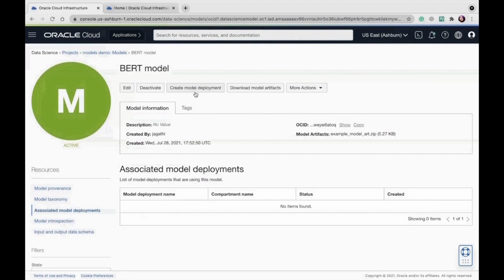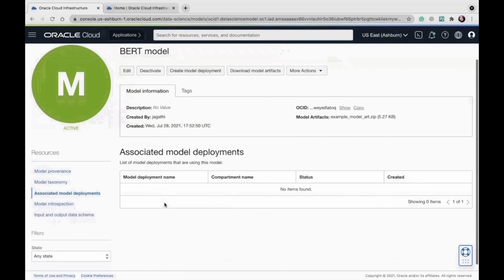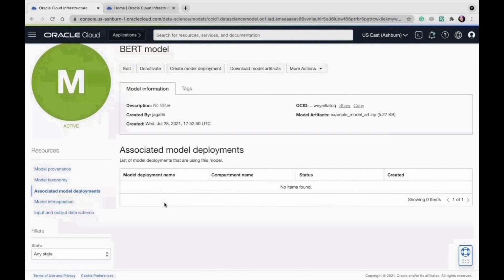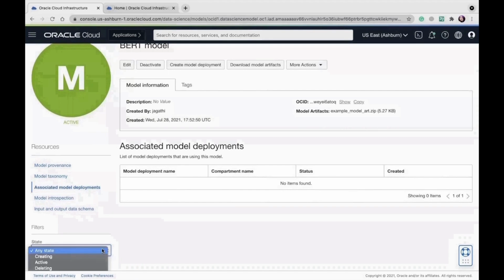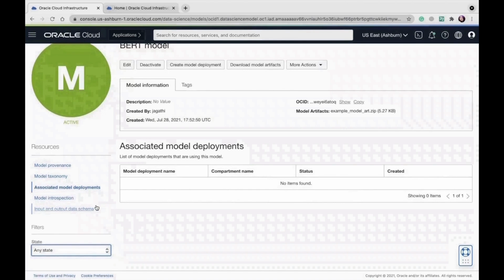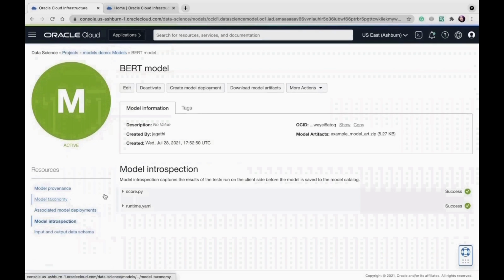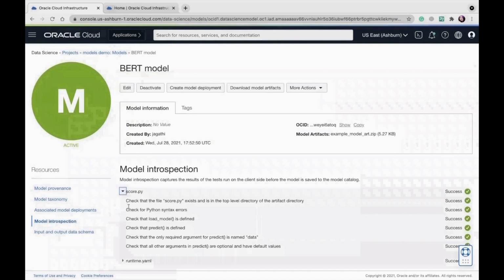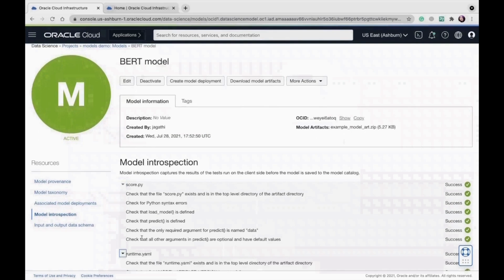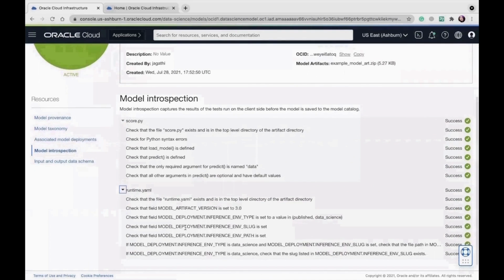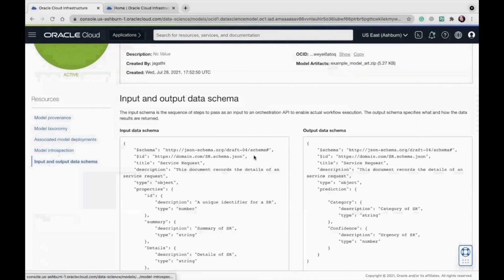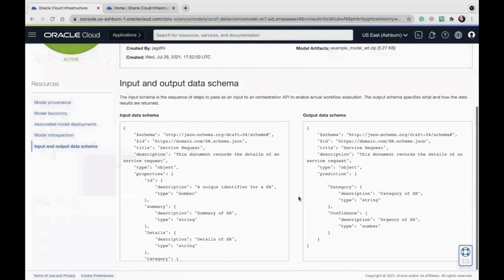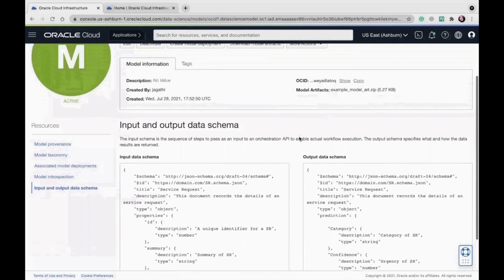We can create a model deployment from here, and we can see all the list of model deployments associated with this model over here. And we can also filter using the state. Model introspection. This has the details of the artifact test results we have uploaded. Input and output data schema. It has both the schema we have uploaded.